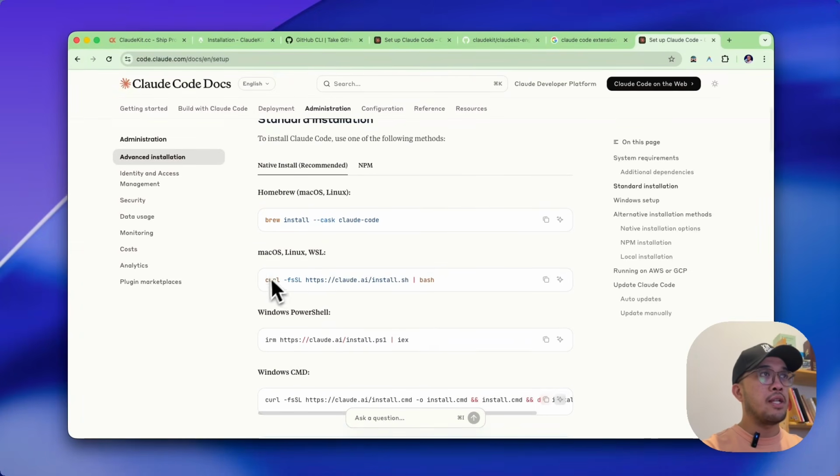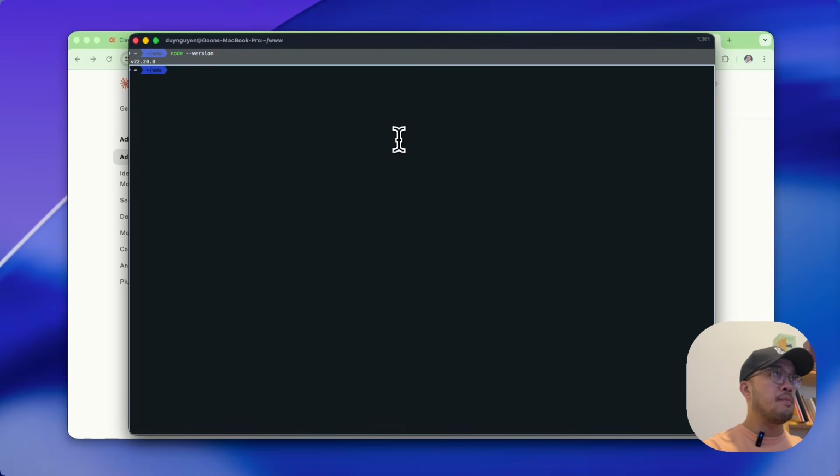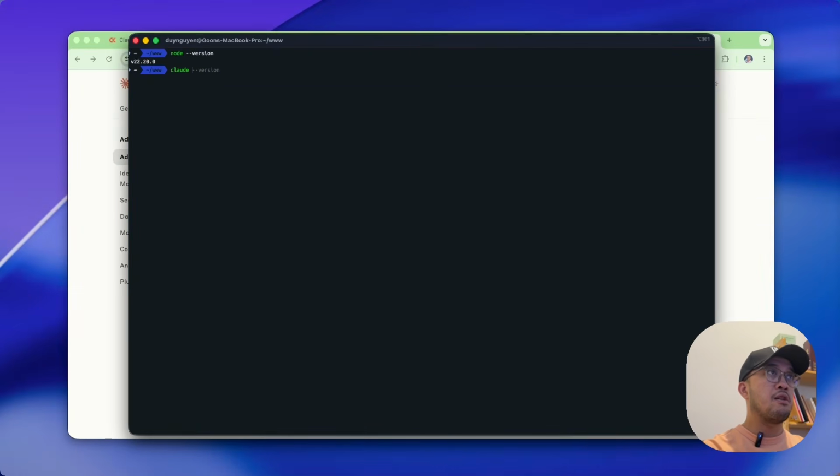I'm using macOS, so I'm going to use this command. Just copy it, go to iTerm and paste, and that's it. After you install, you can check if it was successful by using the command claude --version, and let's see. I'm using the latest version of ClaudeKit right now. It's